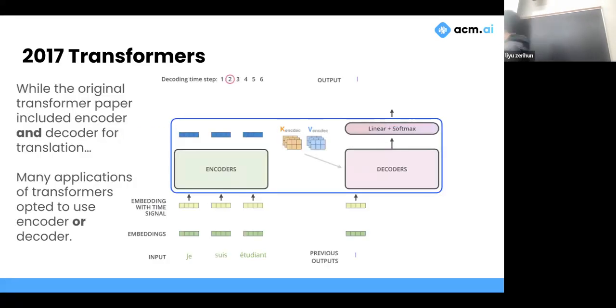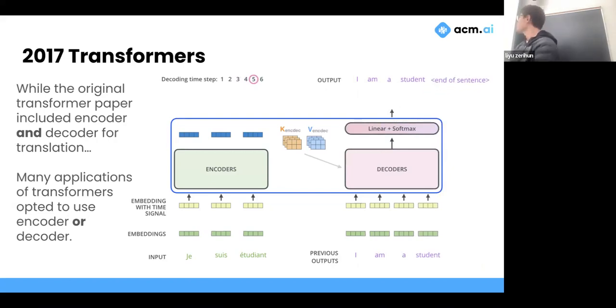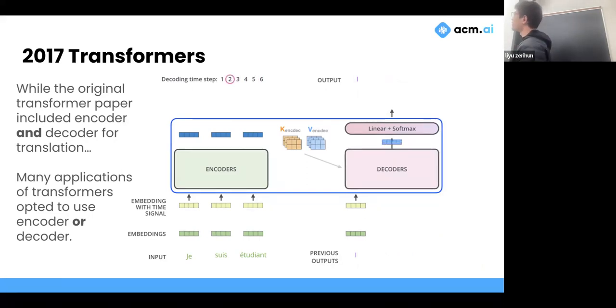Again, we're giving a pretty high level because it's kind of a survey. The original paper was about translation. So you had an encoder which encoded a sentence, got a representation, and then you had a decoder which used that representation to decode the sentence into another language. But as it happens, a lot of actual applications of these transformers only used an encoder or a decoder. They didn't really use the encoder-decoder architecture of the original transformer paper.